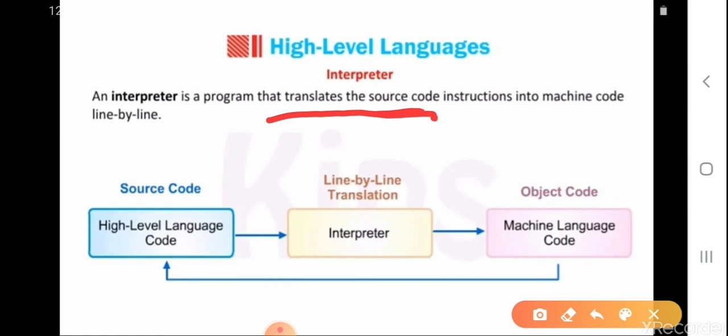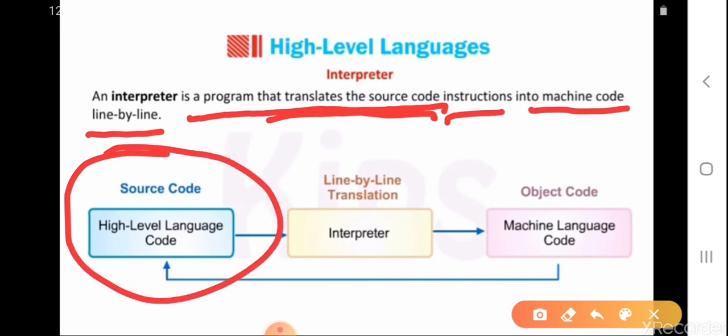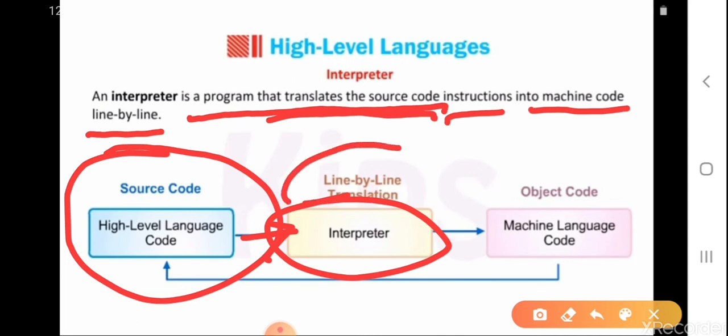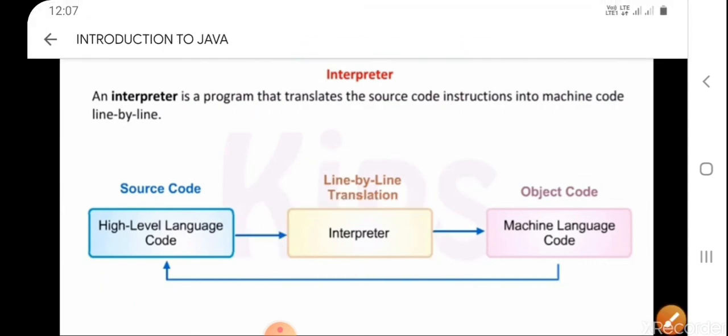So an interpreter is a program that translates the source code instructions into machine code line by line. The source code goes to the interpreter, and the interpreter translates it line by line into machine language code.